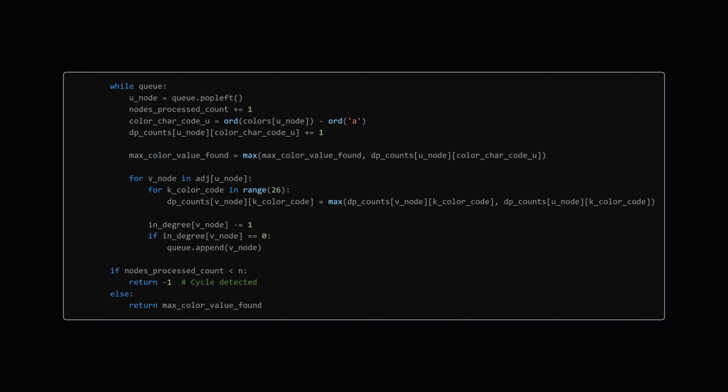The neighbor's DP entry for each color is updated to be the maximum of its current value and the value from the current node. The neighbor's in-degree is decremented, and if it becomes 0, the neighbor is added to the queue. After the loop, if the number of nodes processed is less than the total, a cycle exists, so we return -1. Otherwise, we return the max_color_value_found. This has a time complexity of O(V + E), where V is vertices and E is edges, and space complexity of O(V times C) for the DP table, C being a constant 26, plus O(V + E) for